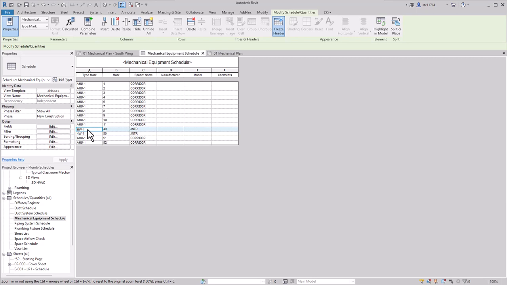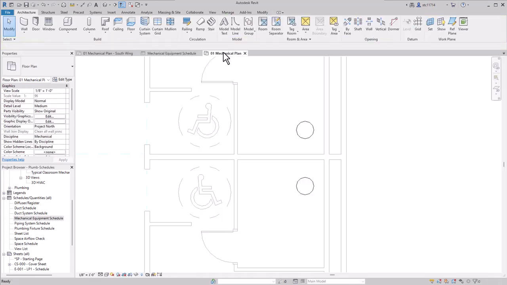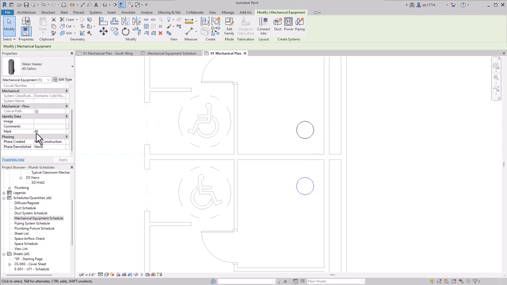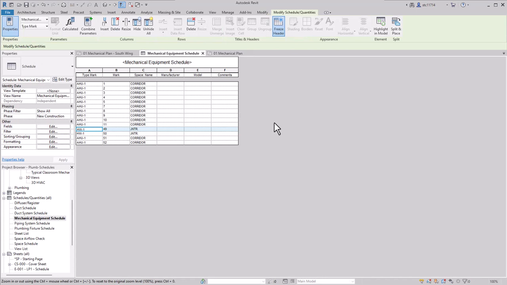If I want to change any mark numbers, those can be done directly in the properties. So for example, here is this one water heater, and I can see its mark number is 49. However, it might be easier to change values in the schedule. For example, I can see these air handling units are not numbered the same as the rest. So rather than go and find those in the views and adjust their properties, I can just change them here, and those values will update in the properties for those items.